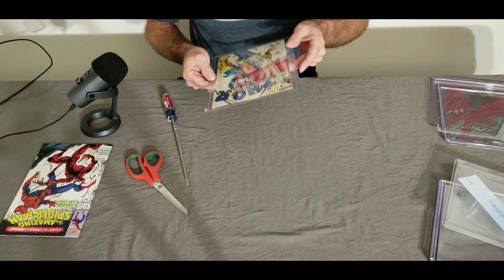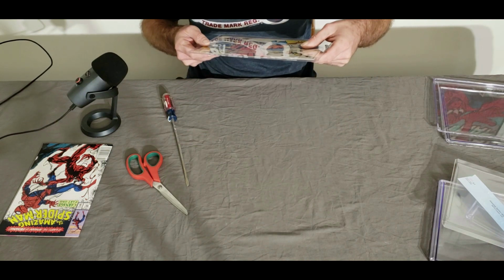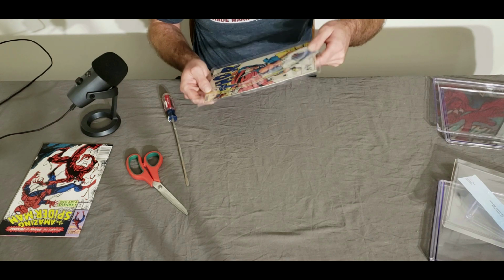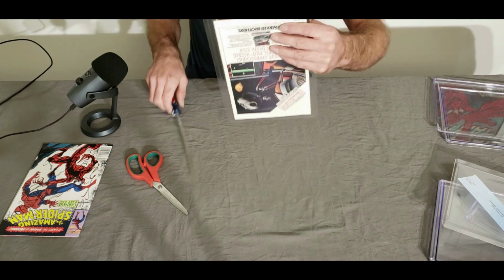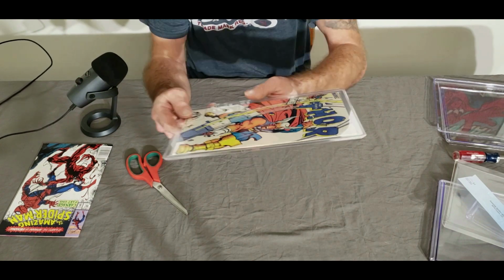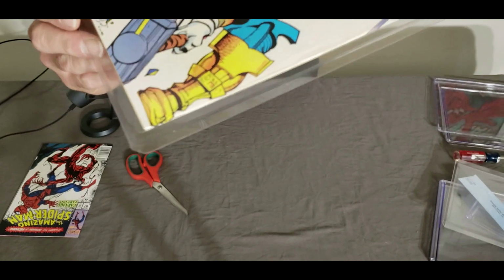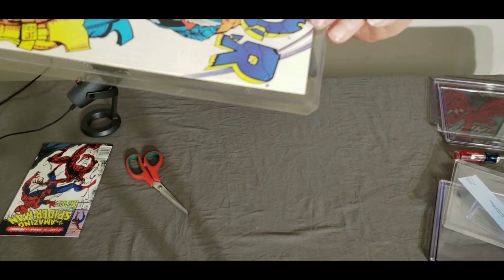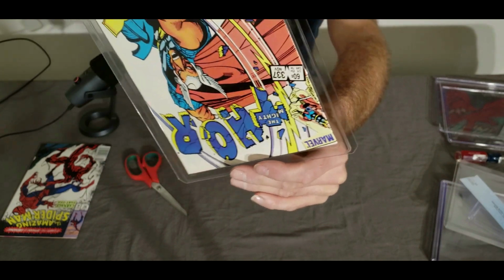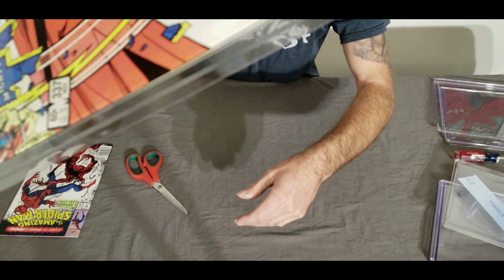Ooh, this one's really tight. Just to kind of keep everything updated, especially on the investment side of it. Wow, this one is really tight. I'm really concerned about doing this one. Okay, so let's see. I don't know if you guys can see or not, but this book is definitely inside this case super tight. Unlike the 361 I just did, there is hardly any wiggle room in any of this book. I don't know how well you guys can see that or not, but